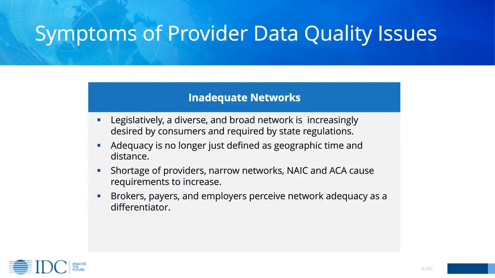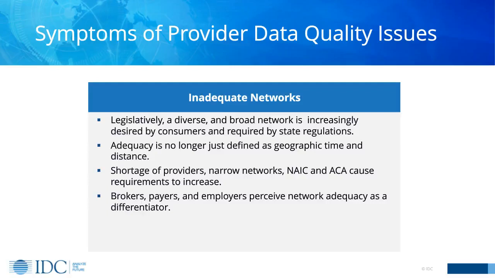For example, in California, State Bill 137 is a great example. In their goal to drive accuracy, they've defined a very prescriptive process. They dictate how often a payer has to reach out to a provider, how they should do it, how inaccuracy should be resolved, and how often to update your directories. They even dictate that if a response isn't received, the listing must be removed from the directory. So aggressive states like California even put into legislation the procedures necessary to ensure that we have what's perceived as an adequate network. The payers are responding. Payers are trying to figure out ways to make this happen, make the states happy, and